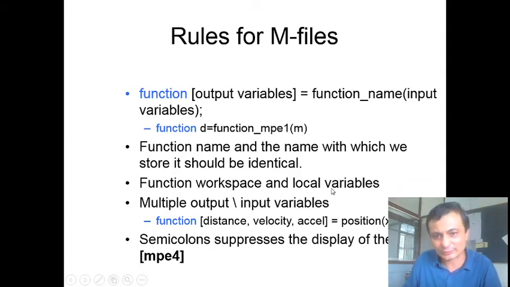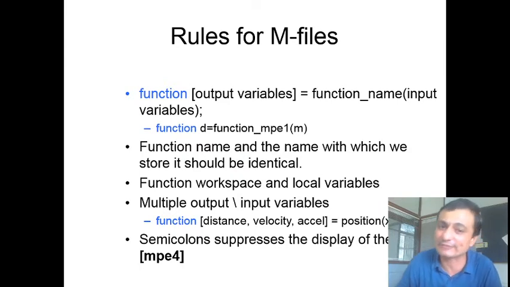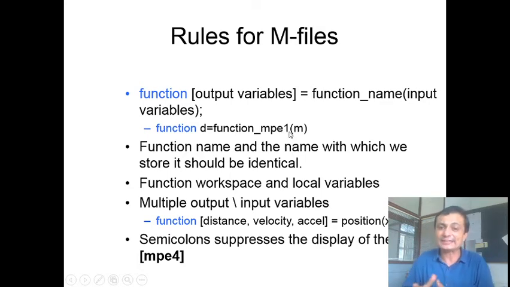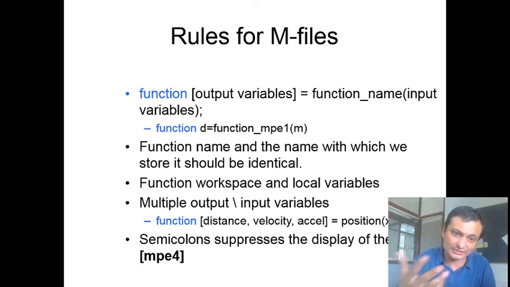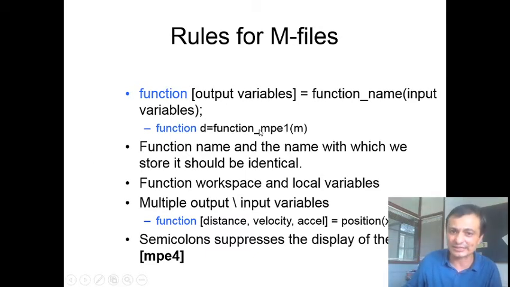As I already told you, function workspace and local variables are different. You can have multiple inputs and outputs. And one important thing: when you give some kind of naming, this variable is an output variable, so please don't give the file the same name as the output variable. Suppose you are calculating vapor pressure. Your variable is pset and your function name is also pset. In that case, MATLAB will not be able to differentiate between the function and the variable. It will run once, but from the second time onwards, it will be the variable pset which will be executed and not the file. So it is advisable that your function name should be unique and your variable name should be completely different from your function names.